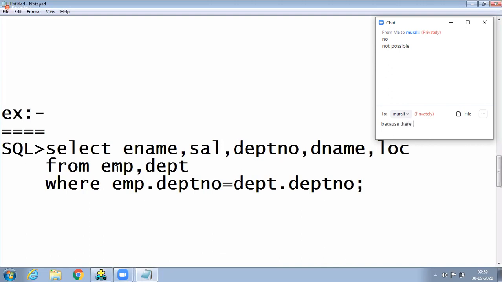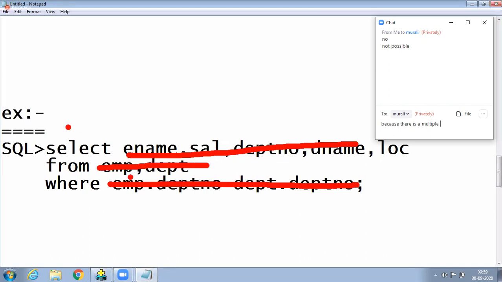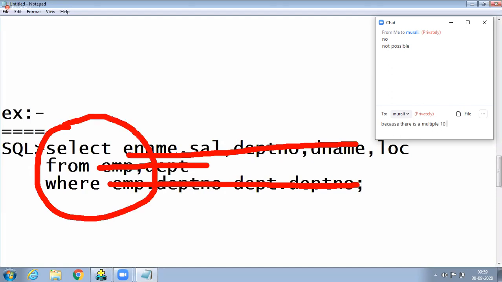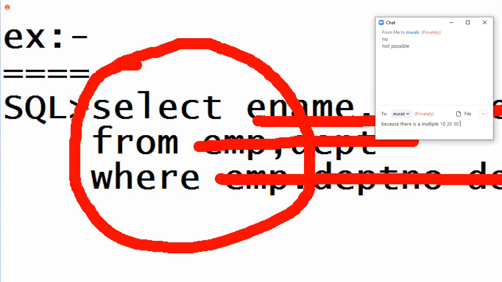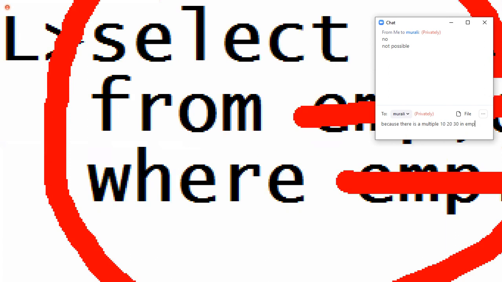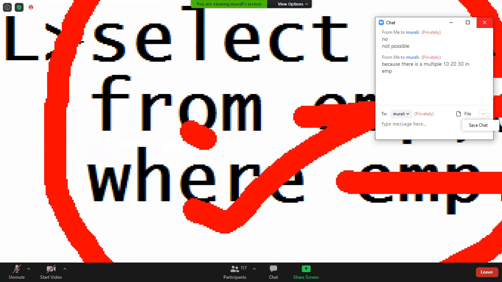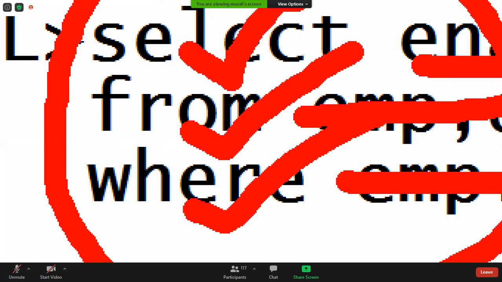I am writing this query: select in one line, from in another line, where in another line. Why am I writing them on different lines? In every relational database, the select, from and where clauses stay separately, and it will be executed.